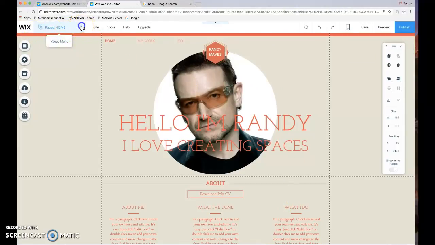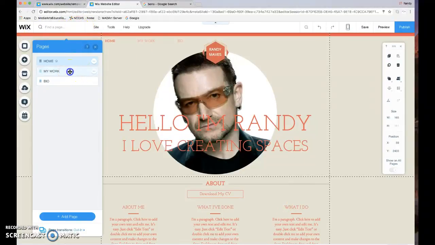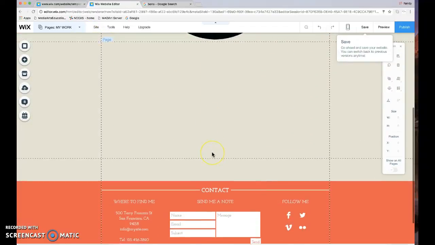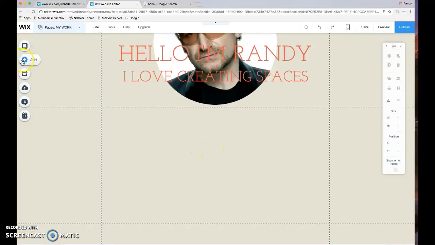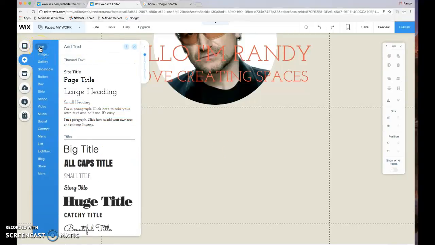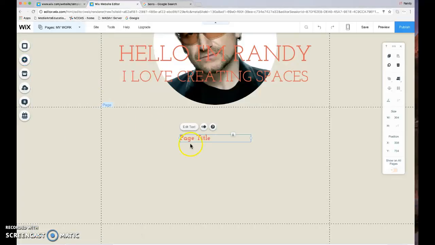So, okay, if I wanted to add something new to my page, I'm going to go to my work here. So I'm going to go up to the navigation. Now I'm at my work page, and notice how the page is now blank. So I'm going to add text, and these are the themed ones. If you pay close attention, this is all the theme. This has all the type that's in there, and this looks a lot like Rocket, which is kind of a nice typeface. So I'm going to use this page title, put it up here in